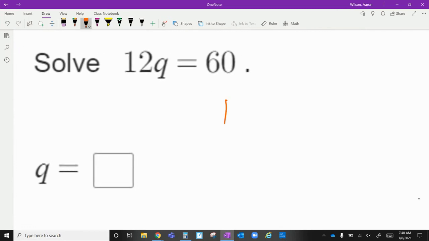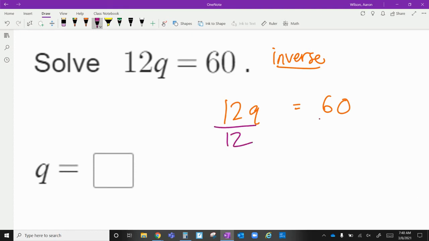This reads 12 times q, because remember, a value squished next to a variable means multiply, right? So 12q means 12 times q is supposed to be equal to 60. Well, what operation is being done? Multiplication. And again, we are going to use the inverse operation of multiplication, which happens to be division. So we are going to divide both sides by what is next to the variable q, which is a 12. And why am I choosing 12? Because 12 over 12